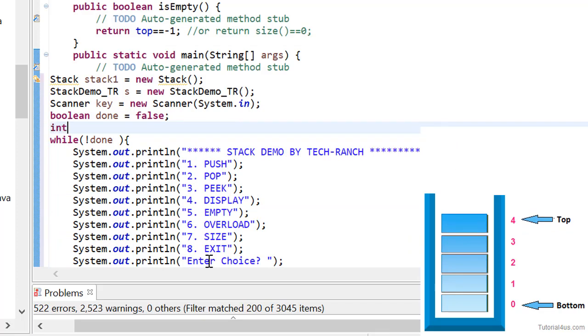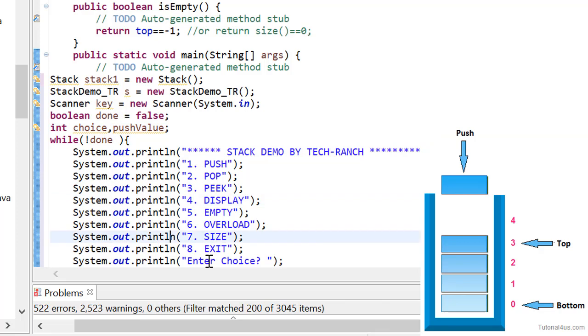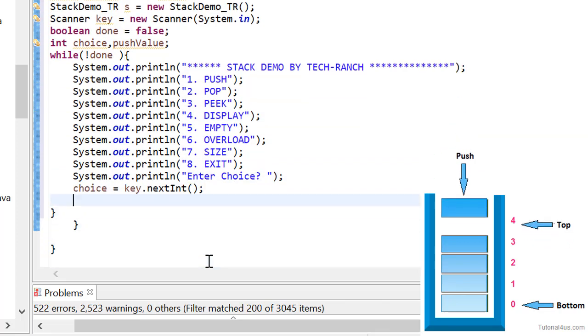The value we are going to get from the user is push value. Now the choice will be the switch variable,